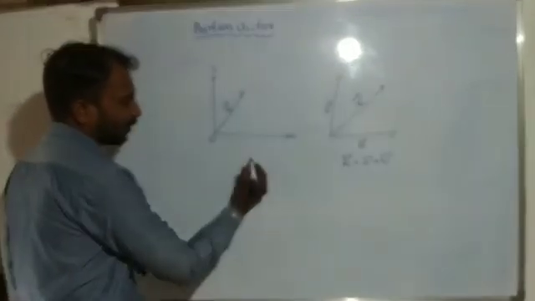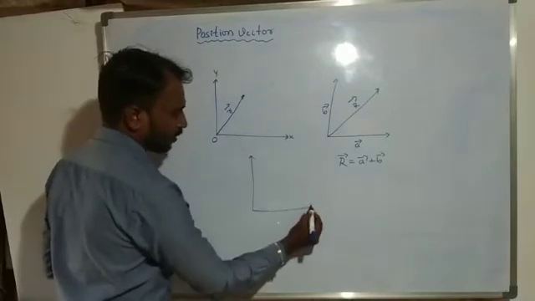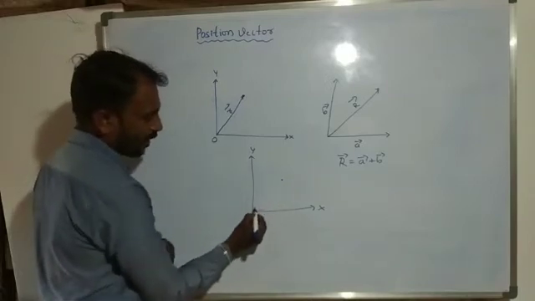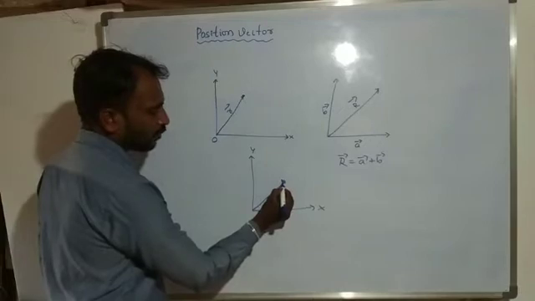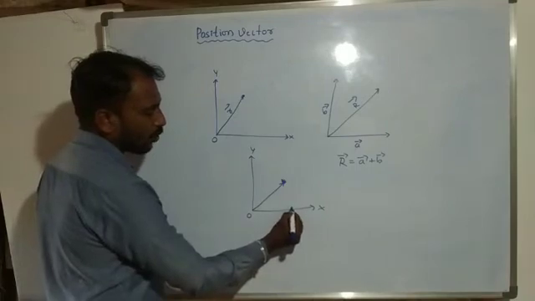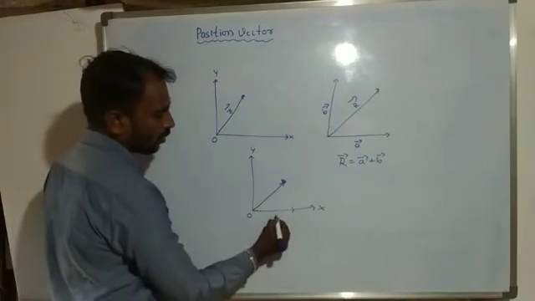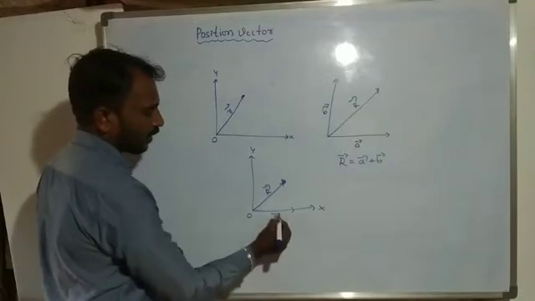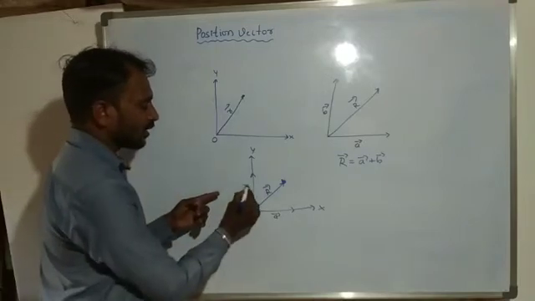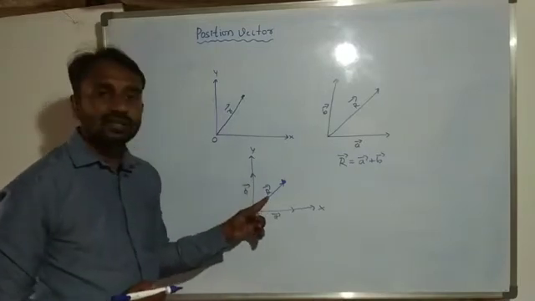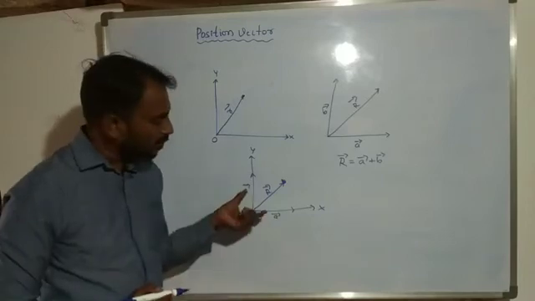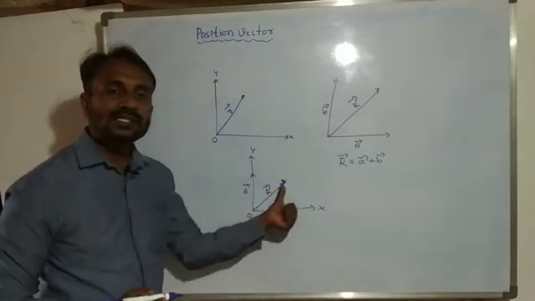For example, here, two vectors. This one is the x-axis and the y-axis, and here we consider this one as a particle and this one as a position vector. It starts from the origin. Okay, along the x-axis we consider a component of the resultant vector, and along the y-axis we consider another vector. So this one is the component of the resultant vector along the y-axis and the component of the resultant vector along the x-axis. By using these two vectors we easily find out this resultant vector.